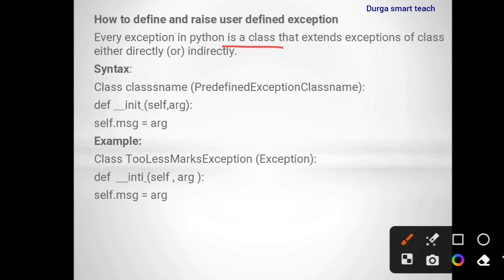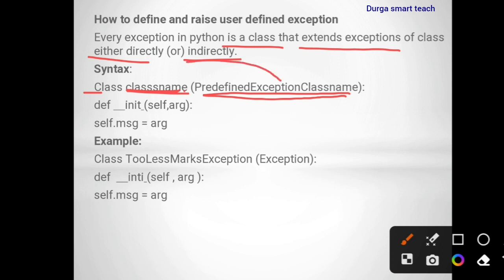What does a class contain? A class contains variables and methods. Methods and functions are both the same. It extends the Exception class either directly or indirectly. Let's see the syntax to declare user defined exceptions: class, class name, then the predefined exception class name, meaning this class is a subclass of